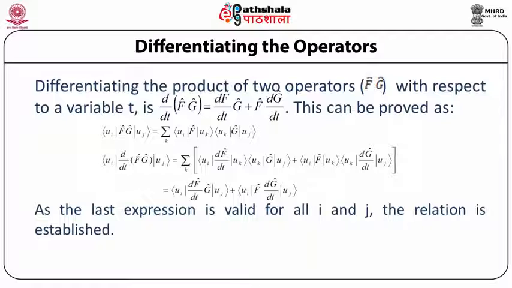This relation we have written after substituting for the product of f and g, d by dt of f and g operator, and now we get the final result as